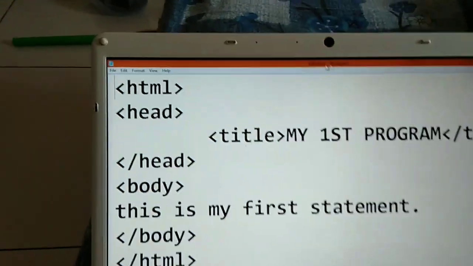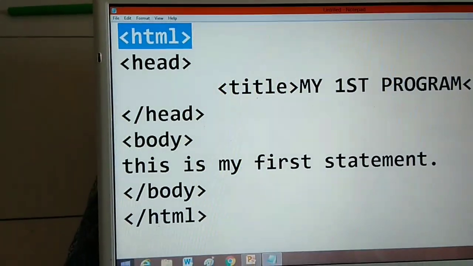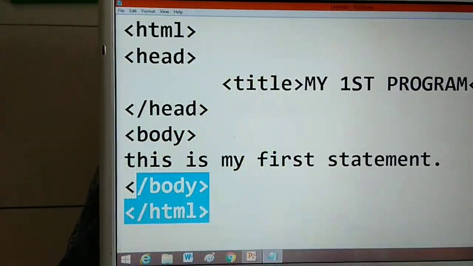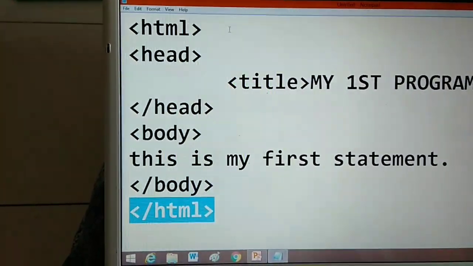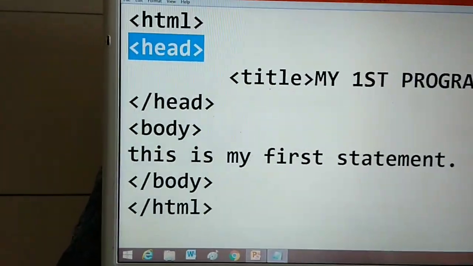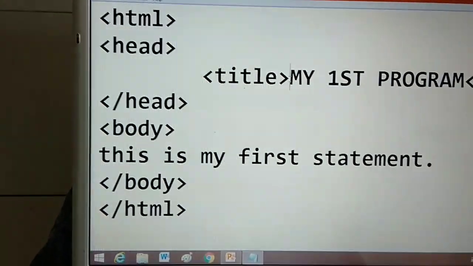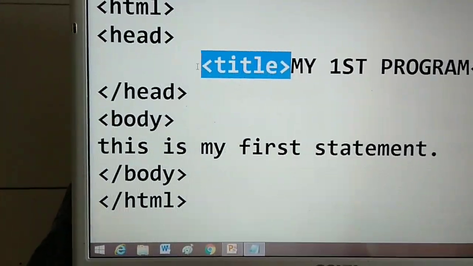You can see the HTML starting tag, and the HTML closing tag. Then heading. If I want to give a heading to my web page, then I have to use the head tag. Inside the head tag, I am writing the title tag.